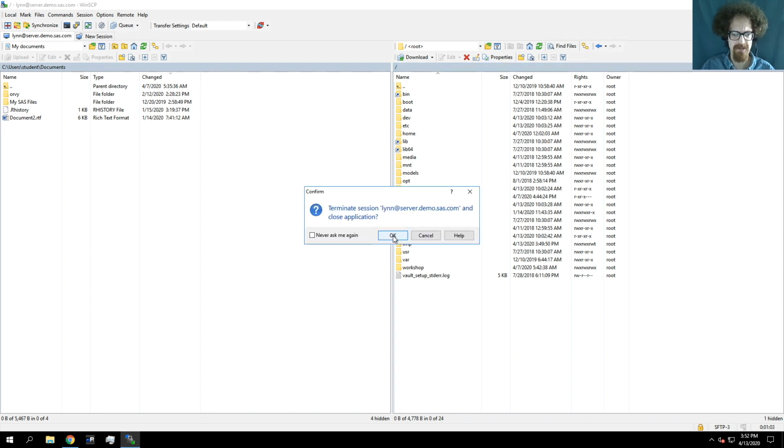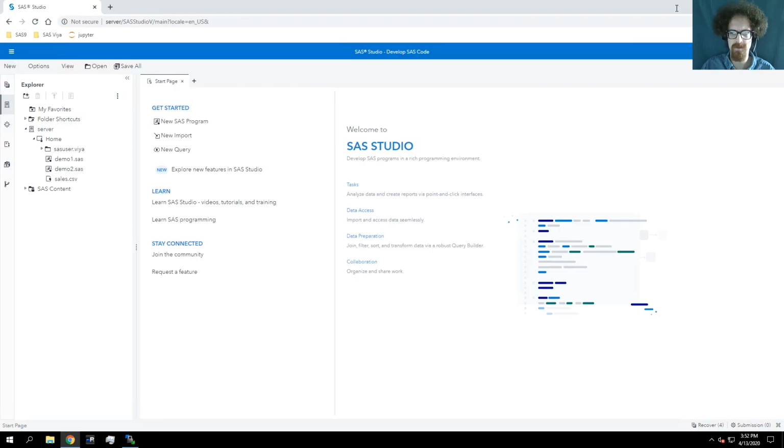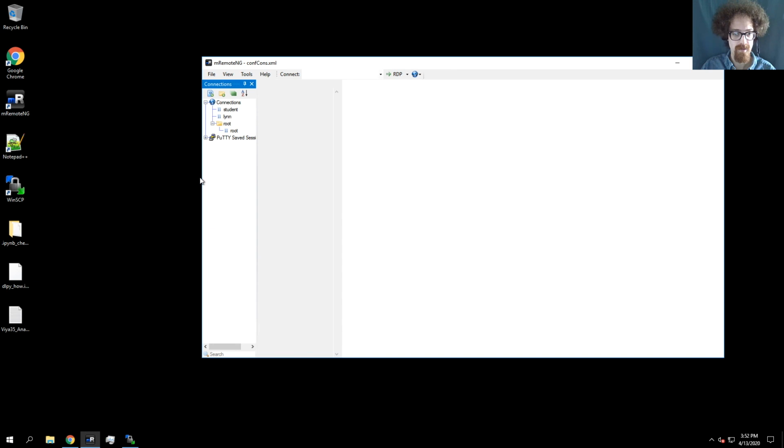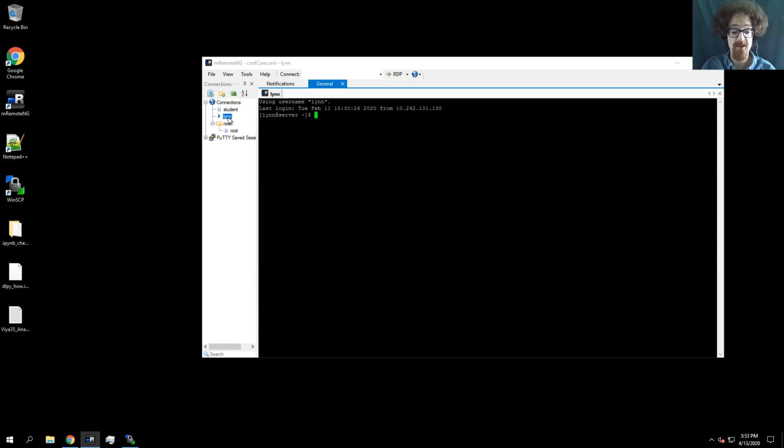I'll terminate the session. Actually, I'll just minimize it. We'll leave the session open in case we want to come back to it. I'll open up mRemoteNG, which is really an SSH tool to SSH over to the server. Once mRemoteNG is open, I'll double-click Lynn to open up a connection to the SAS Viya server as the user